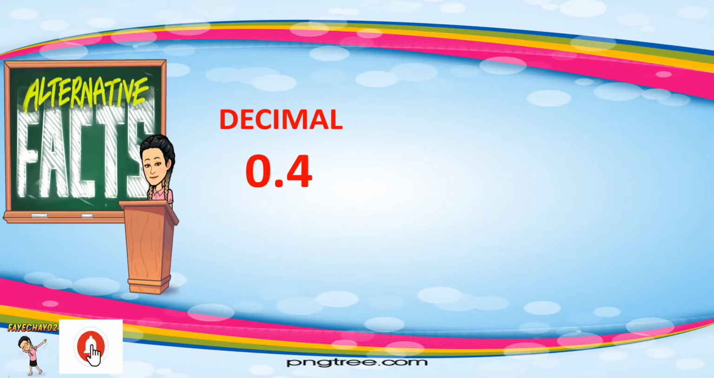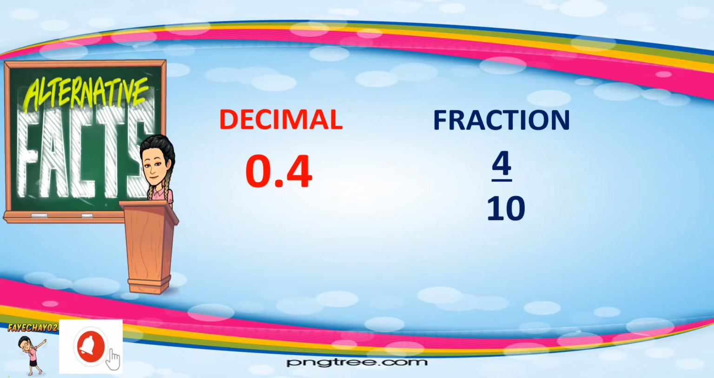So 0.4 changed into a fraction. 0.4, or 4 tenths, can be written with 4 as the top number or numerator, and since the smallest place value of the decimal is tenths, the denominator of the fraction is 10. So 0.4 can be written as 4 tenths. Another one, we have